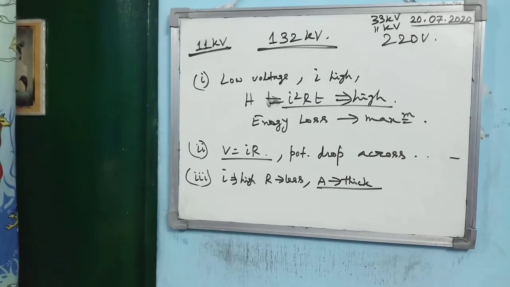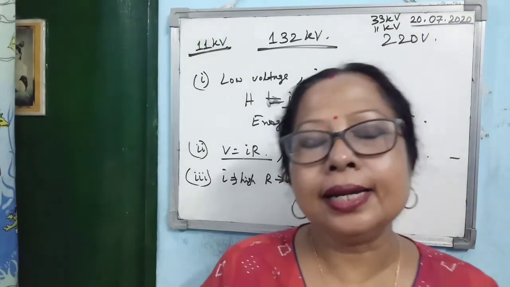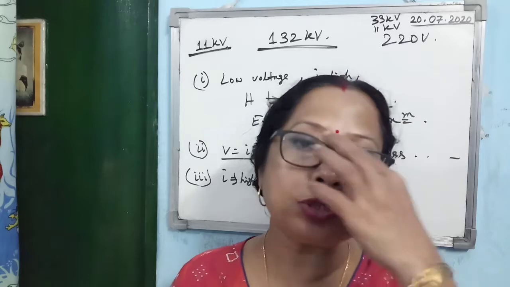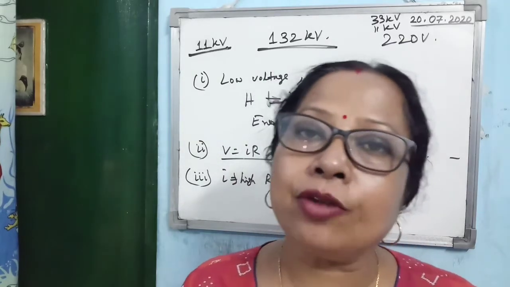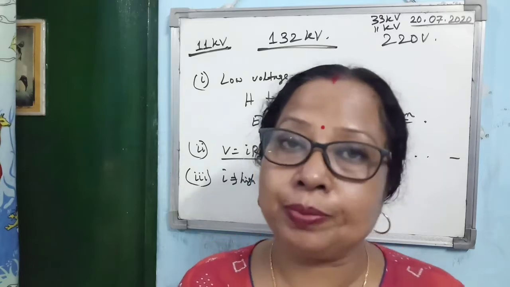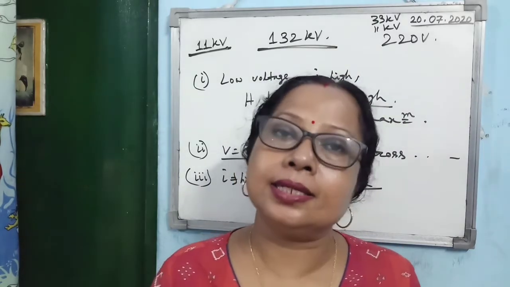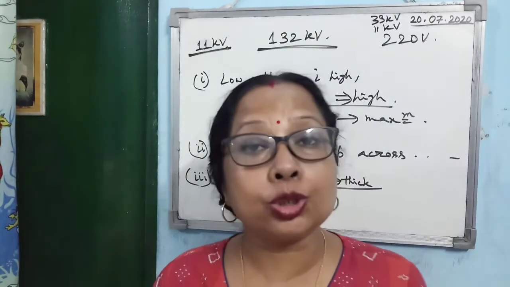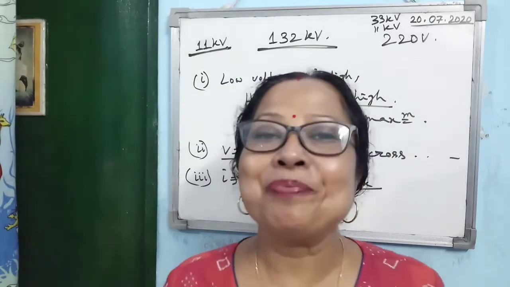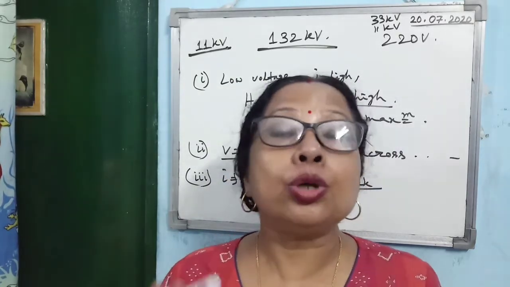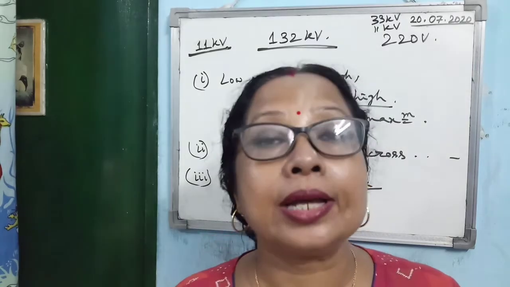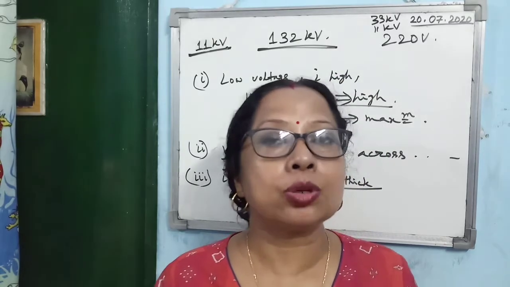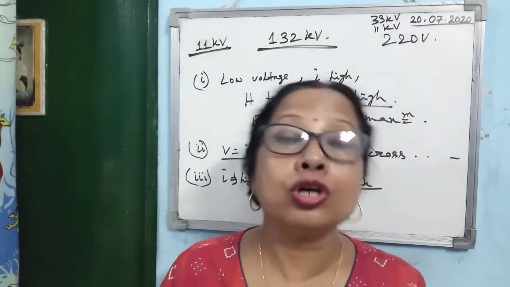Next is the advantages of alternating current over direct current. Now you see, with alternating current, according to our necessity, by the use of a transformer, we can step it up and we can step it down. That cannot be done with direct current. This is the first disadvantage of direct current. Then in case of alternating current, with a choke coil, although I have not discussed the topic of choke coil, you can make the power dissipated in the circuit almost zero.